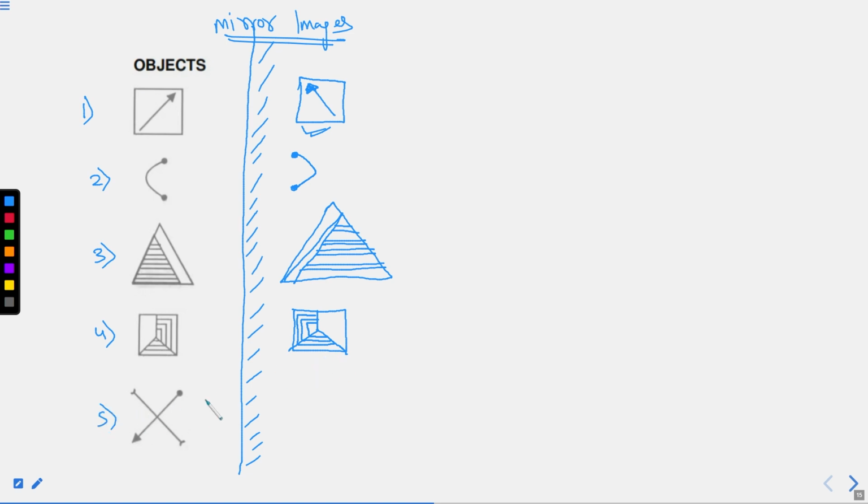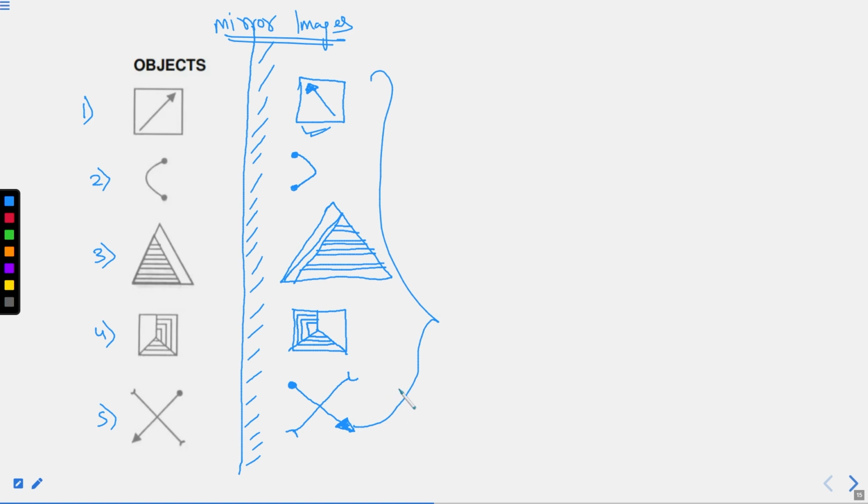Now for the last figure you have to draw. You can stop the video here itself and try to draw this and check whether you are correct or not, as I am also solving this question for you. This part is now in the third quadrant, so it will appear in the fourth quadrant. The dot will remain the same, moving towards the fourth direction, and the arrow will remain the same. In this manner this part is drawn. Again, this part will appear like this in the mirror. We'll draw a line simply and draw it like this. I hope this part is also clear. So these all are the mirror images of the objects shown to you, and this is how they'll appear in a mirror.